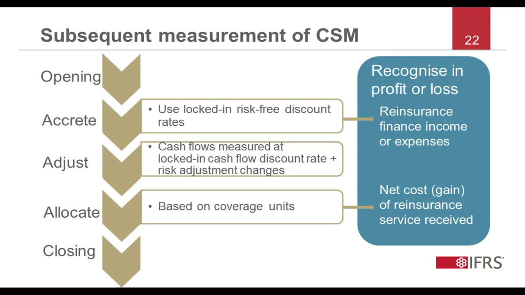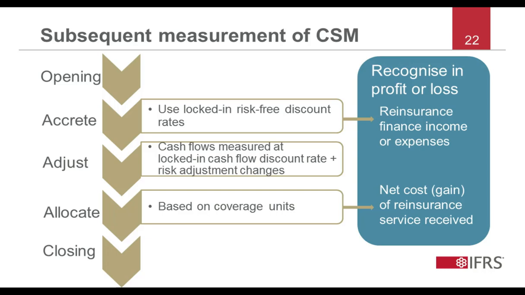The contractual service margin is adjusted by changes relating to future service. These are, firstly, changes in the present value of cash flows relating to future service, determined using the discount rate at initial recognition applicable to those fulfillment cash flows. If you remember, the present value of cash flows are measured using a current discount rate. Accordingly, the difference between using a current discount rate and the rate at initial recognition is recognized as part of reinsurance finance income or expenses.